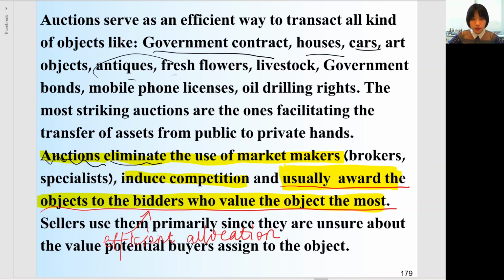As economists, we want to allocate the scarce resource to the one who values it the most, so as to ensure the allocation is efficient. And another reason to use auction is that sellers usually don't know how much the buyers would value this object. So in the process of an auction, they will sometimes reveal this information.